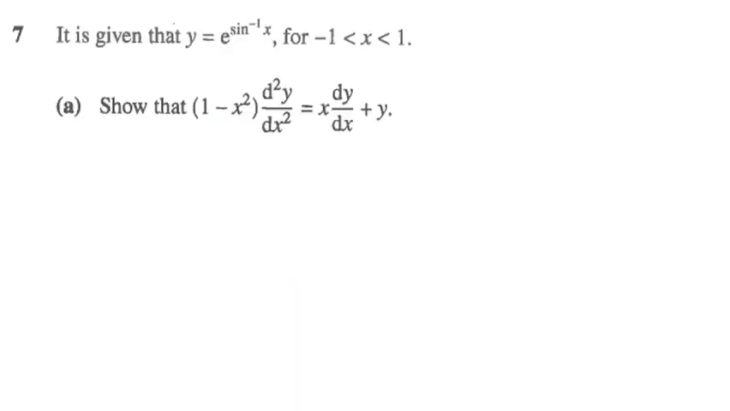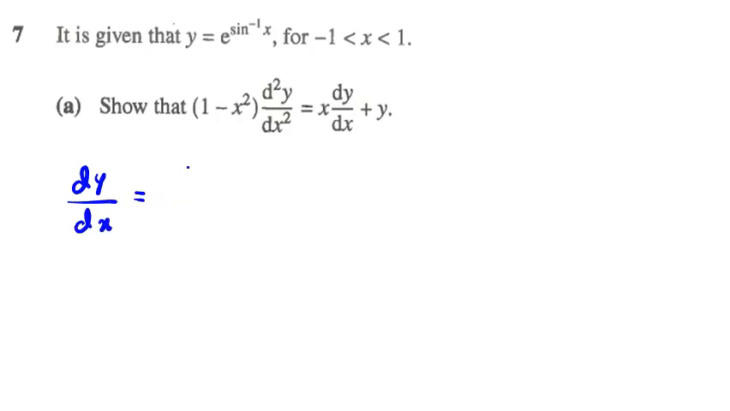Cambridge Assessment International Education, problem number 7, A level H2 2021 paper 1. It is given that y equals e to the power of inverse of sine x, for x greater than negative 1 and less than 1. Part A: show that 1 minus x squared times d2y over dx2 equals x dy over dx plus y. So at first we consider dy over